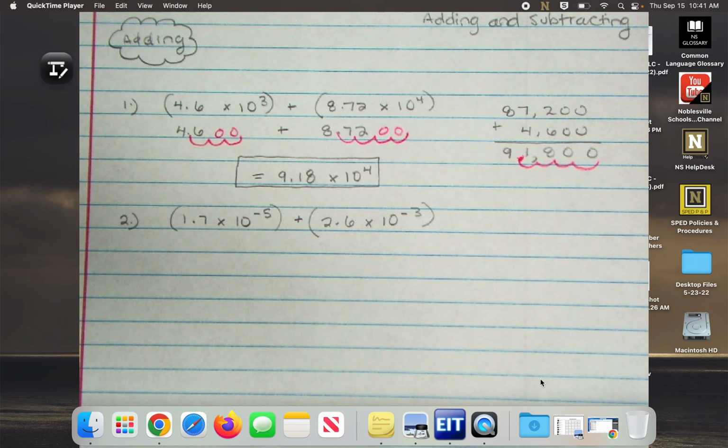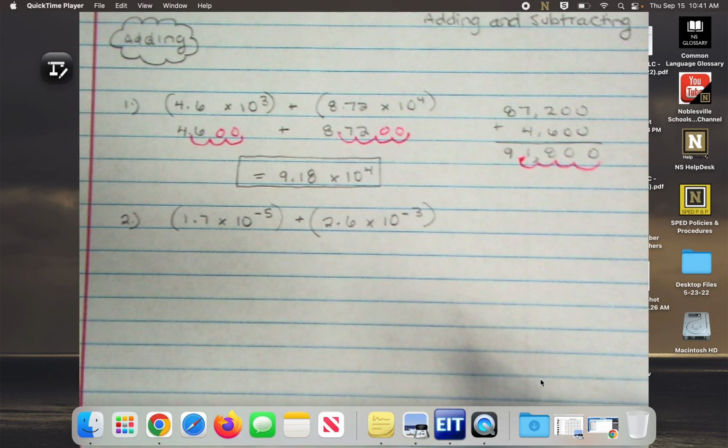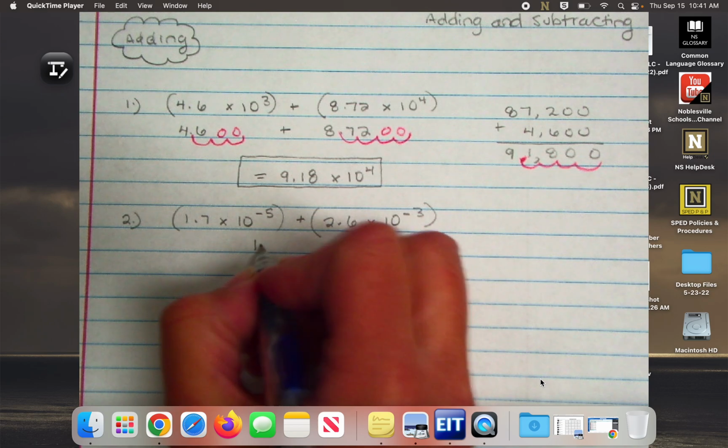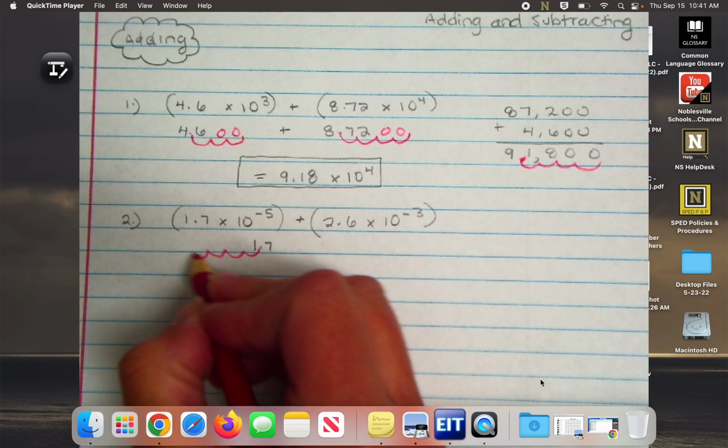Griffin, what's my first step? Yeah, I have to convert the decimal. Which way is the decimal going to go? My exponents are negative. Which way is it going to go? Left. So I've got 1.7, 1, 2, 3, 4, 5,